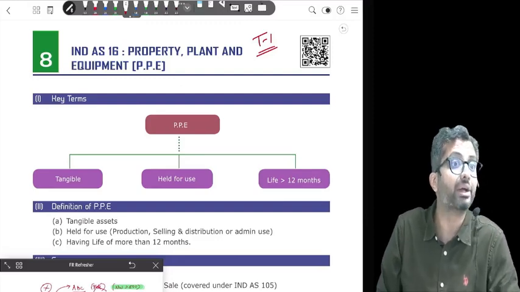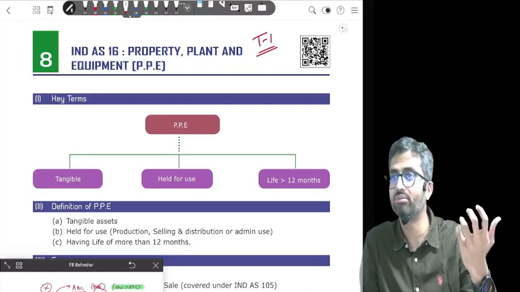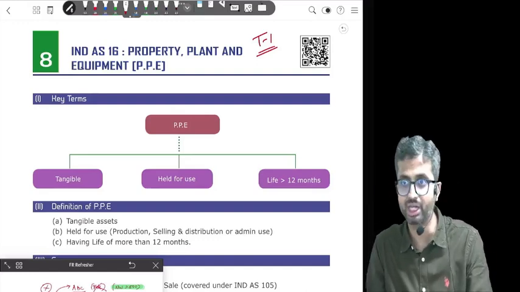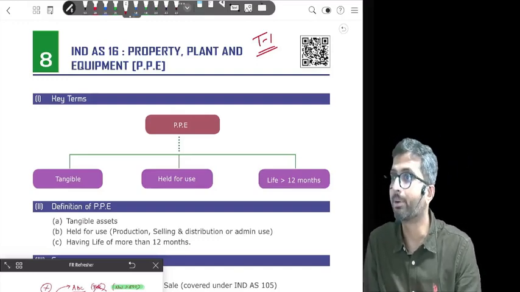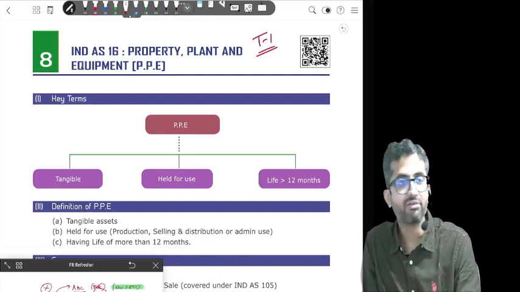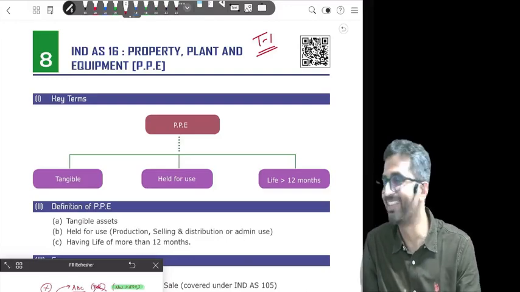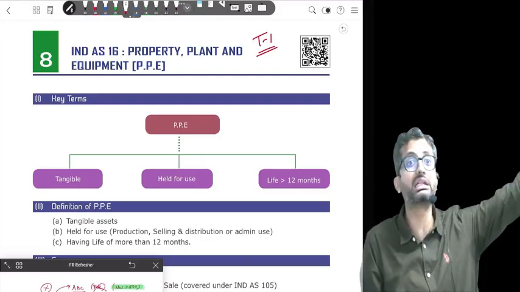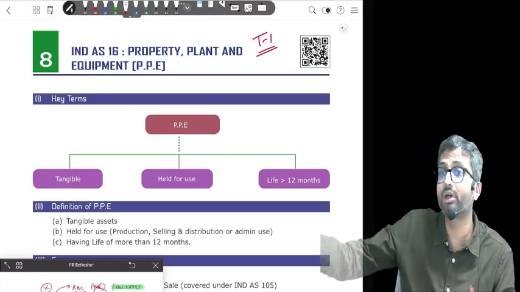Use can be any kind of use. For example, if you see a lot of online videos, you have companies like Google, etc., which are very good workplaces. They have Xbox, PlayStation for their employees, for employee welfare. Then we compare it with our office. Right? Okay. So does that Xbox or PlayStation necessarily generate any revenue for us? But still, is it held for employee welfare?